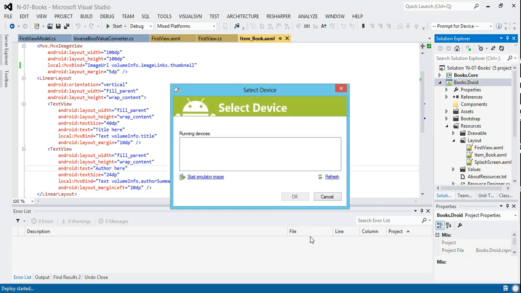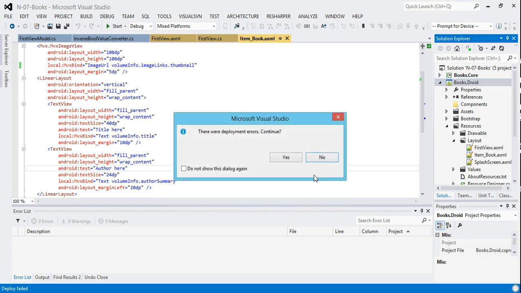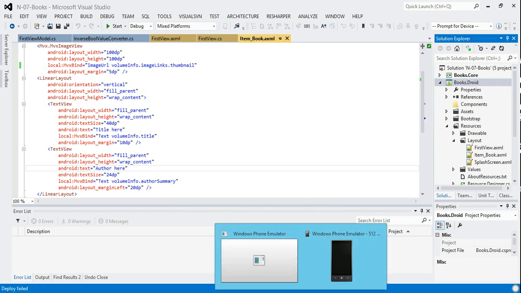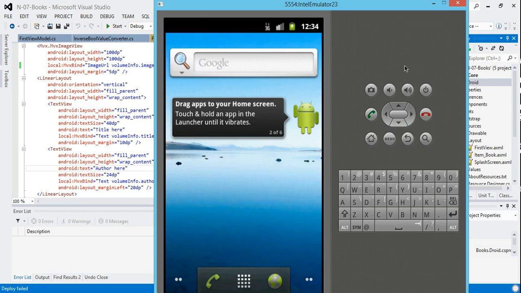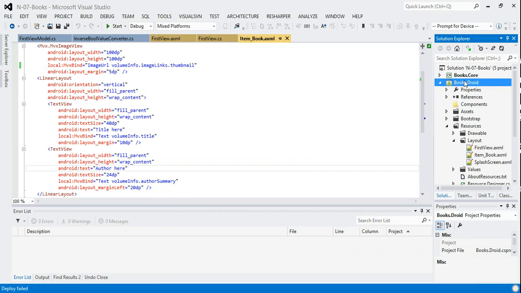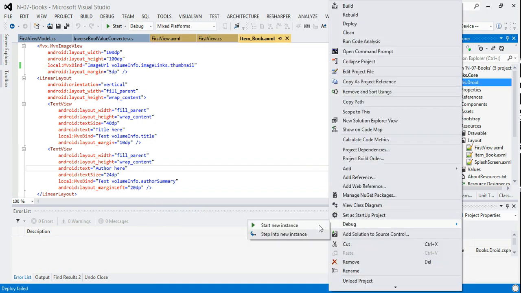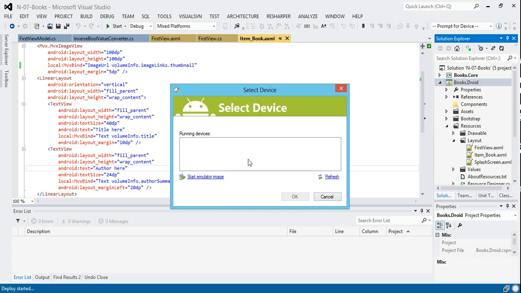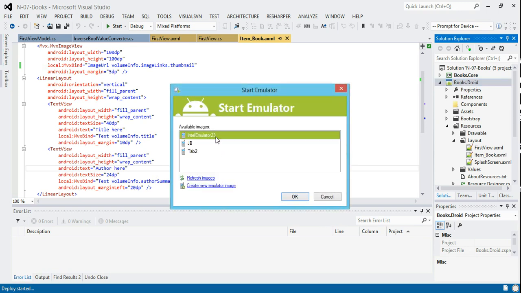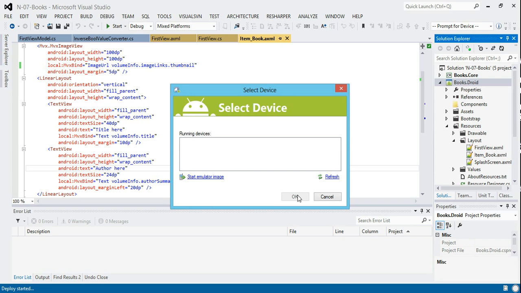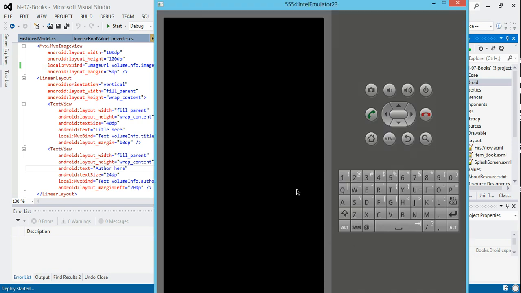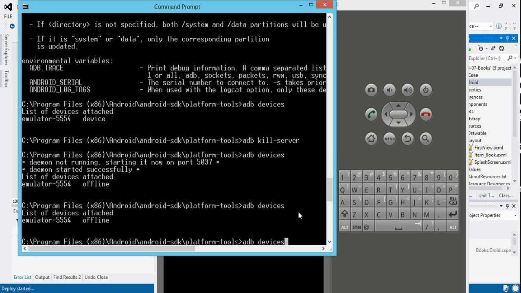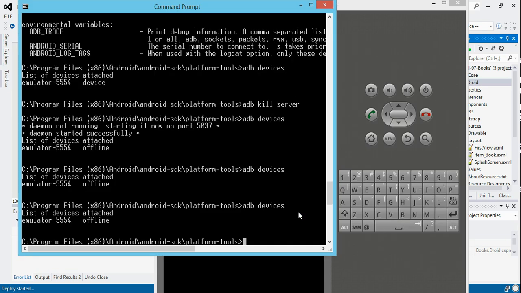Refresh. Yeah, so it looks like there's a problem in my emulator. So at this stage, what I'd probably do is I'd come to my Android emulator and I'd shut it down. And because I'm using the Intel one, after it's shut down, it only takes half a minute rather than an hour to start up again. So I hit OK, it starts up. Hopefully we'd see that over on our command line, it's telling us things are offline, but hopefully